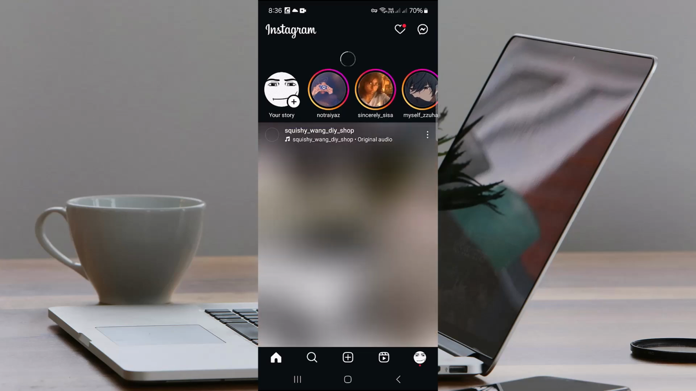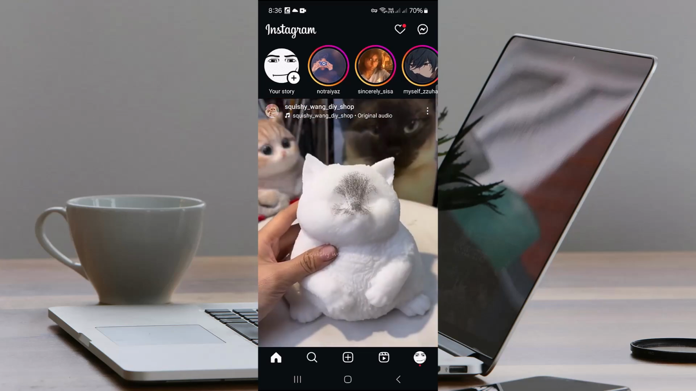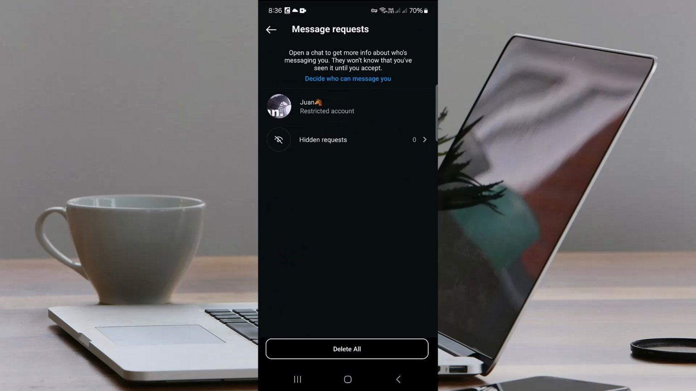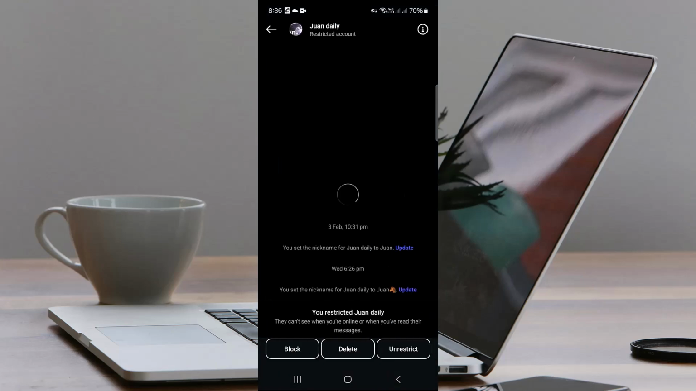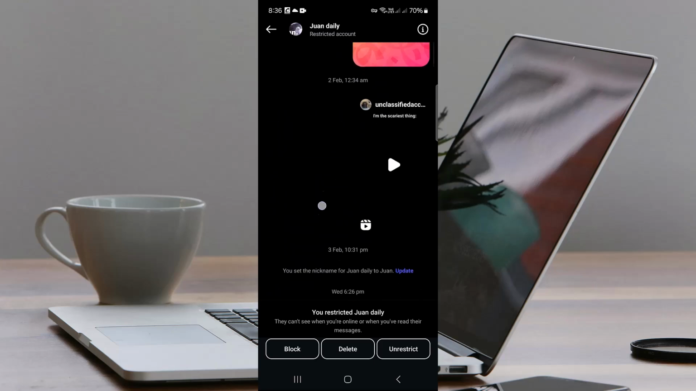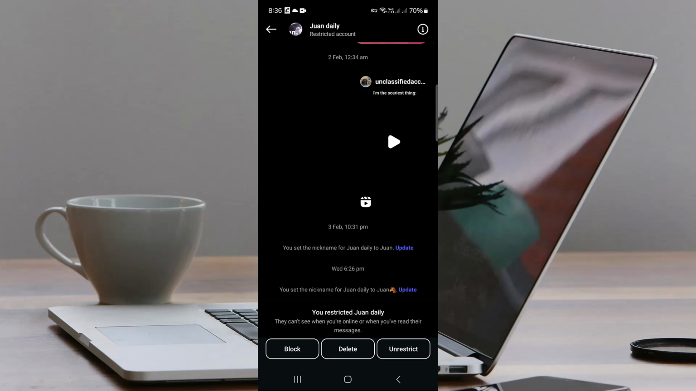So if I refresh it and head over to my DMs section again, as you can see that specific conversation is not in here, but it will be in the request section if you tap in requests. So here you will find this chat. They will be able to send you messages and you can send them too. So yeah, this is how you can just hide it from your DMs